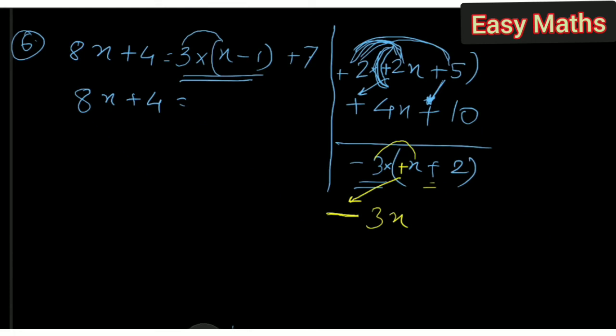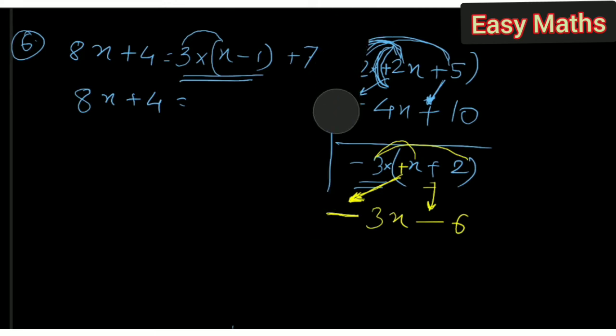So instead, simply remember that whenever you are multiplying by a negative term, you just have to change the signs which are inside the bracket. Simple. So plus becomes minus, and just multiply the terms without thinking about the sign. 3 into x becomes 3x. Now this plus will also become minus, and just multiply the terms. 3 2s becomes 6. Question finished. So now in this question we are going to multiply by 3 only, not by a minus term.